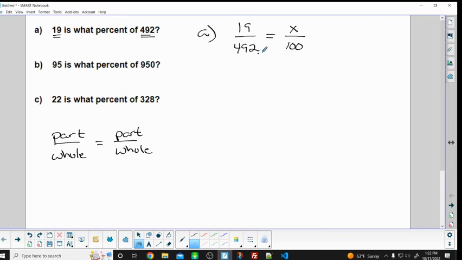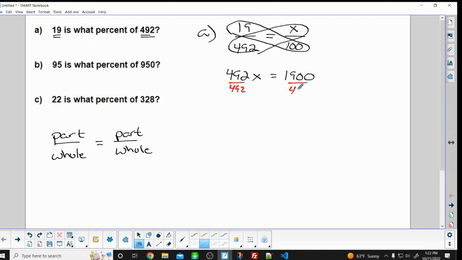So all I'm going to do is the cross multiplication here. So 492 times x is equal to 19 times 100. Well, that's just going to be 1900. And then to solve this, all I'm going to do is divide by 492 here, divide by 492 here. And I am going to use my calculator to get us the calculation there. So 1900 divided by 492 equals